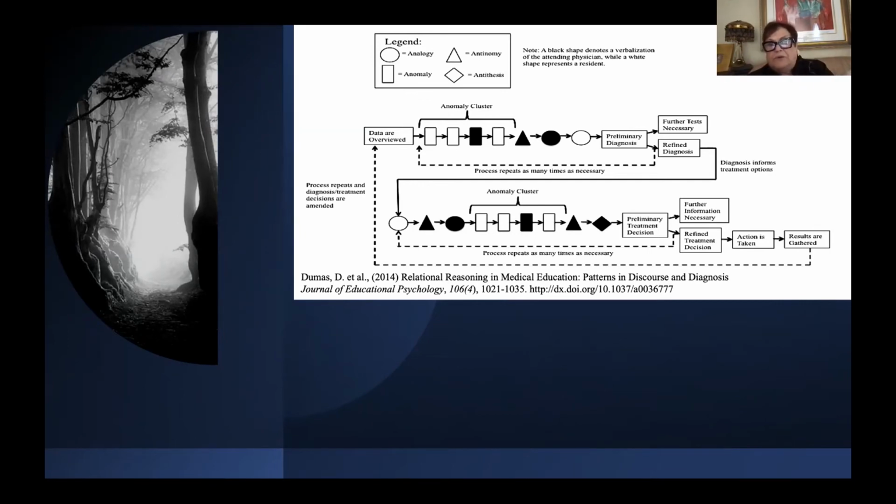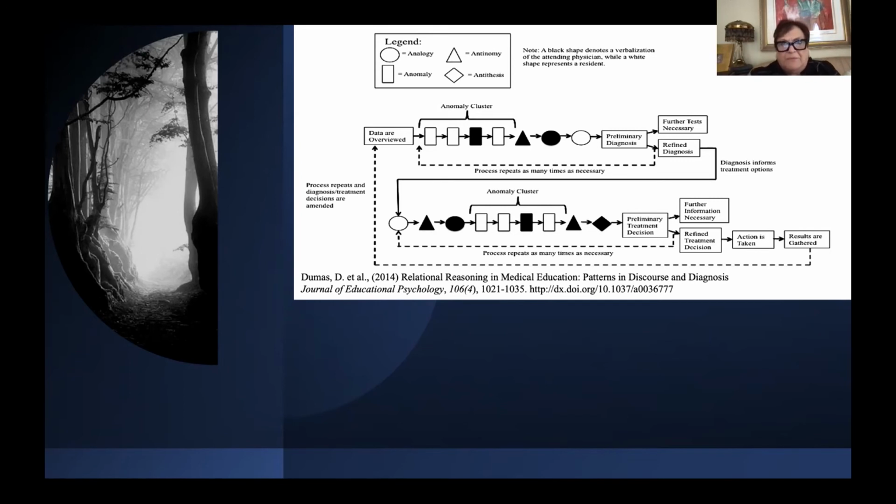So in this case, when residents are presenting cases, the first thing they spend time doing is offering information about what about this patient's history is an anomaly, right? What about all the medical data that they have available to them points to there being aberrance here of some sort, and they share those. They begin to punctuate and populate the discussion with these references to anomalies in the case.